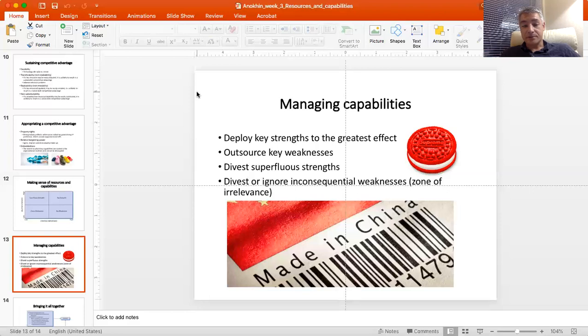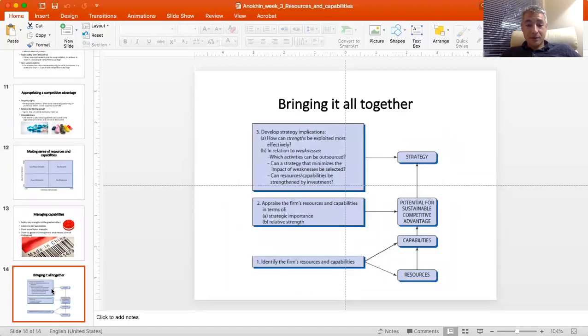And then finally, areas of inconsequential weaknesses, that zone of irrelevance that we talked about before. So those you either divest, just trying to get at least something for those resources, or you simply ignore, right? You cannot really be super efficient everywhere. So yeah, for some of those, just let them be if you cannot sell them. And bringing this all together,